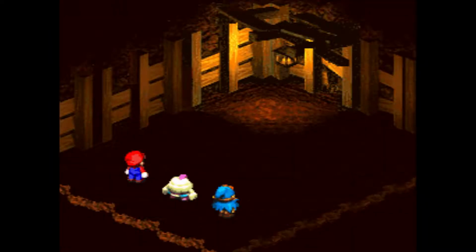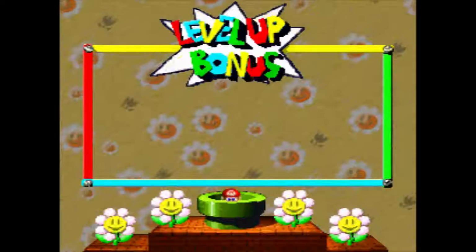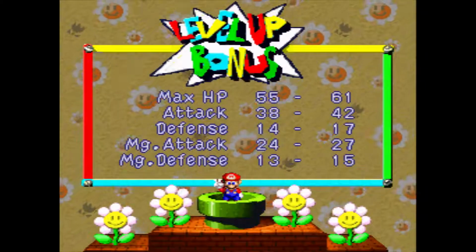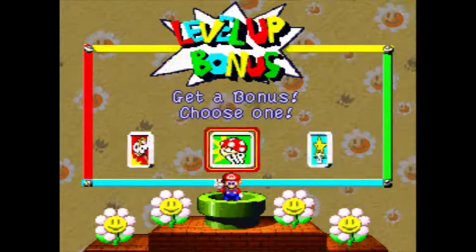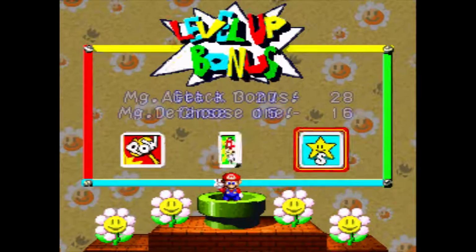And those things don't actually have a lot of HP. I think they have like 30 or something. I think it's just their defense with the attack there that makes them more resilient or whatever. I don't know. But Mario leveled up here, and I believe I go with,